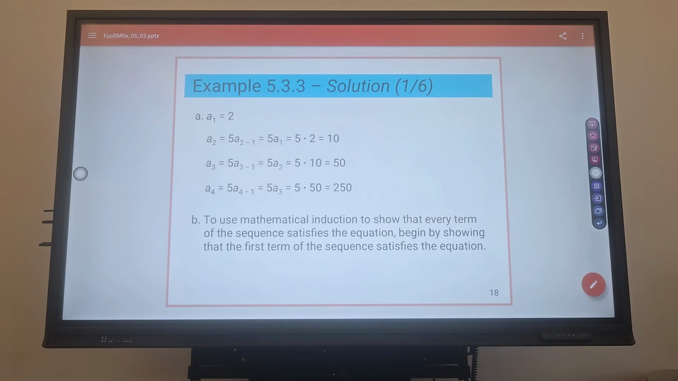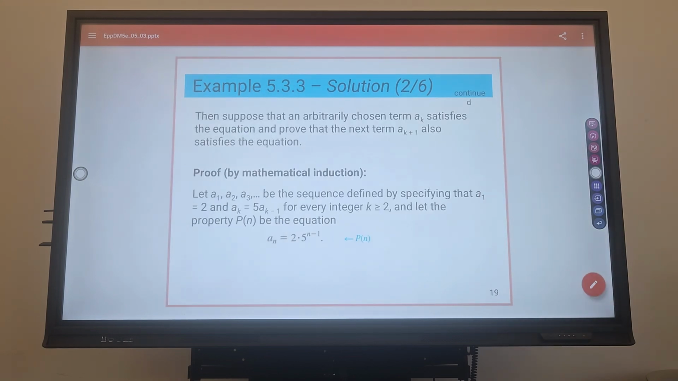Use mathematical induction to show that every term of the sequence satisfies the equation. Begin by showing that the first term of the sequence satisfies the equation. Then suppose that an arbitrarily chosen term, a sub k, satisfies the equation, and prove that the next term, a sub k plus 1, also satisfies the equation. So,